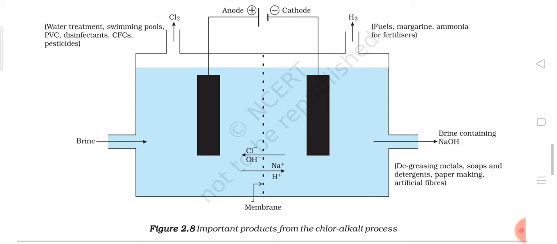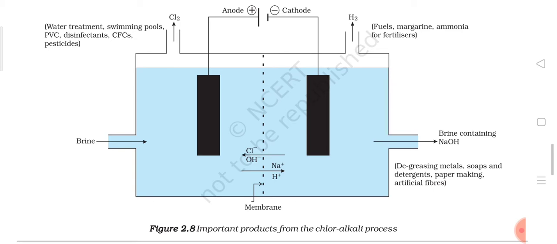The two negative ions, chloride ion and hydroxide ion, both will start moving towards the anode, but only the chloride ion will be discharged, as this is based on the concept of selective discharge, which is given in the higher class. So we are not going to discuss it here. You only have to remember that both the negative ions, chloride and hydroxide, move towards the anode, but only the chloride ion is going to surround the anode, and the chloride ion gets converted into a chlorine atom and then a chlorine molecule, and it is released in the